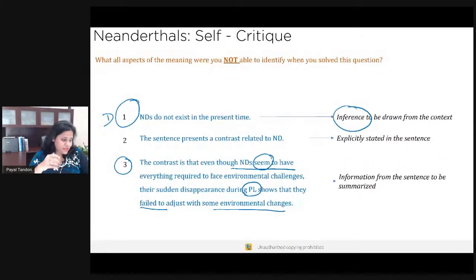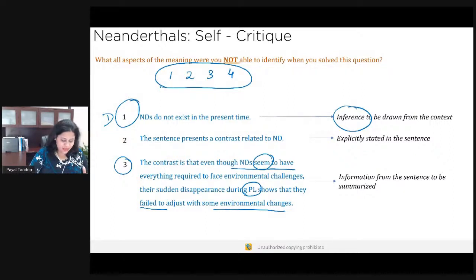You always have to summarize the entire sentence. Again, think about an SC sentence to be composed of 1, 2, 3, let's say 4 pieces, right? Now, how do these pieces come together is what you need to summarize at the end of the meaning analysis. You need to summarize all these 4 pieces together. And that is how you come up with the summary of the sentence. So again, you need to do that, Rahul. Okay. Now,